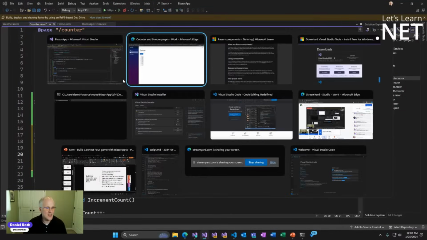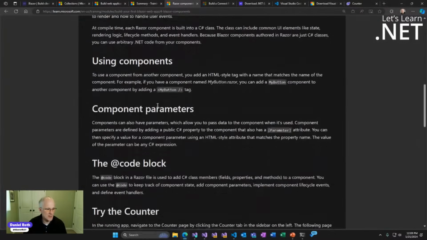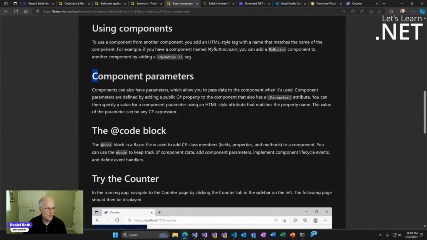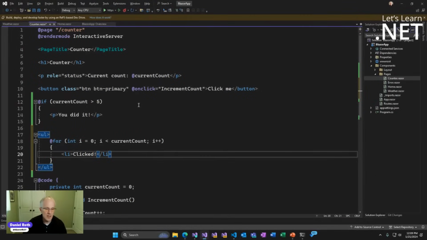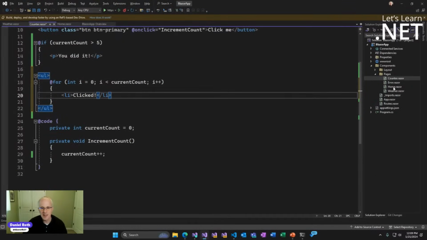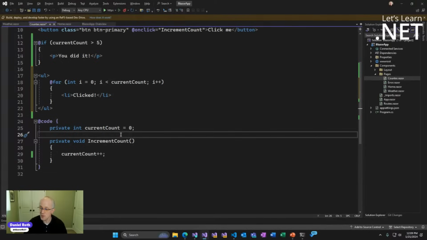The last thing that I think is covered in this module, we've seen how to use components. We've talked about code blocks. We should talk about component parameters. Sometimes you want to pass data to a component and use it as part of the component's logic. How can you do that? Okay, well, a component parameter is defined just as a public C# property with a particular attribute, the Parameter